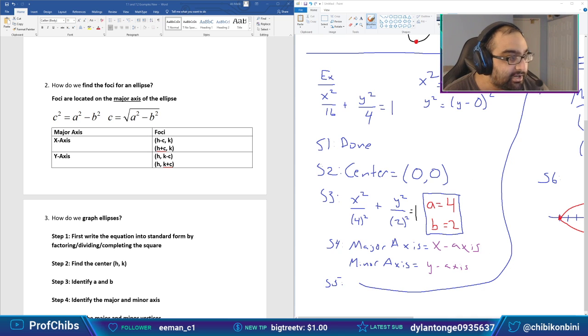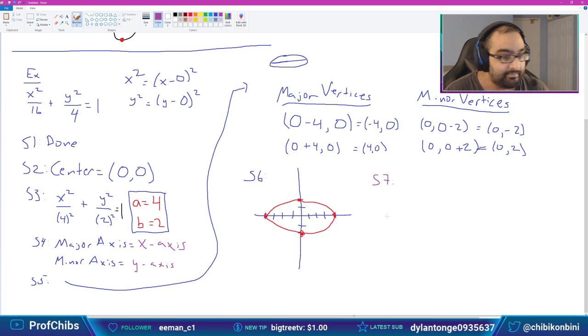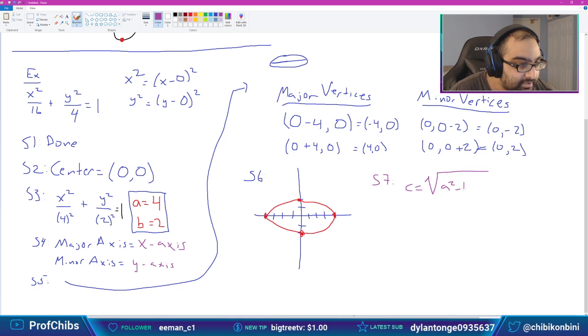All right, so let's find out how it works in our example. Back to our example here, we have a squared minus b squared. Again, a squared here would be 4 squared. So let's do this out here. We have c is equal to the square root of a squared minus b squared. So c is equal to the square root of 4 squared